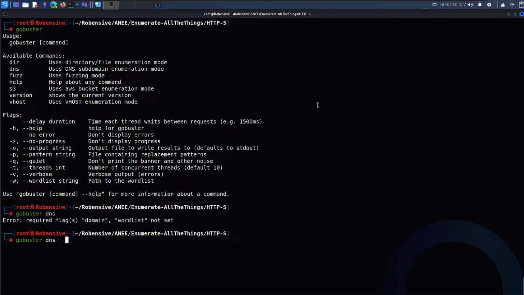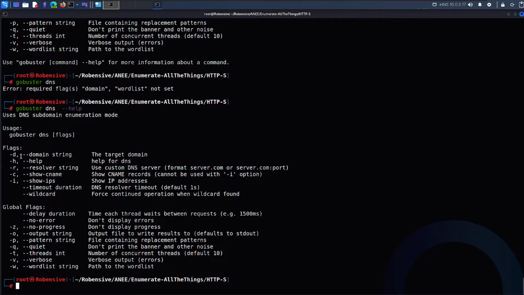It requires a domain, and for that, the domain flag is -d. The next is the word list, which is -w. This is the global one, right? So let's give it a try. I'll go with tesla.com for now. And the word list that I'm going to use is, let's say, /usr